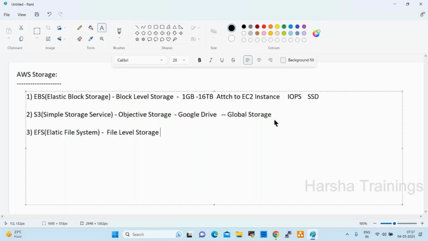In real-time projects, we use Windows shared folders, right? We can share the data, we can access the data. In the same way, region to region, zone to zone, we can transfer the files. We can share the files by using Elastic File System. Next one, fourth one,